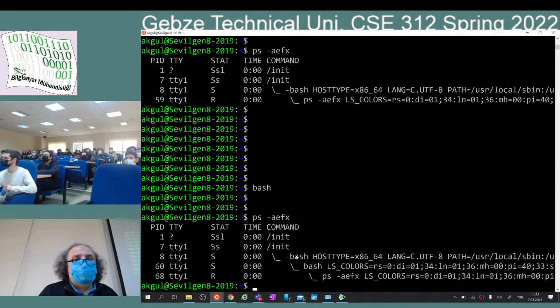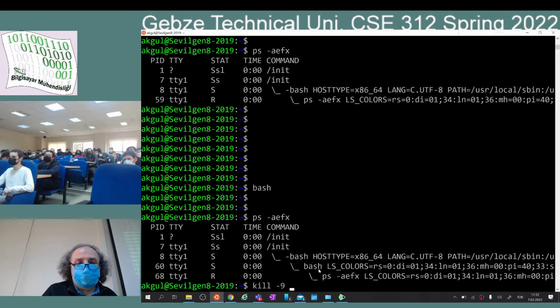See, I made another bash. Bash is running now under this bash. But since this bash did not die, this bash is going to wait for it until it is over, right? So I am interacting with this bash. And if I kill,